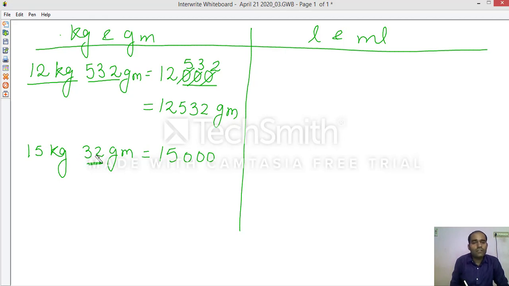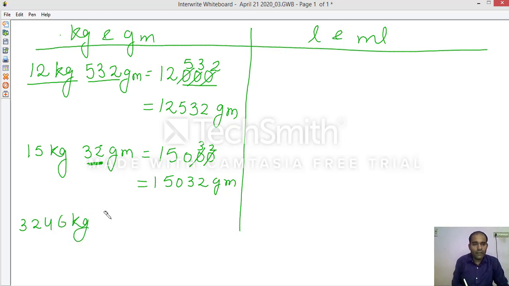So these 2 digits will be replaced by two zeros. And you need to remember, first you start from the right hand side. This 0 will be replaced by 2, and this 0 will be replaced by 3. So 15032 gram. Simple. Let's take one more example.